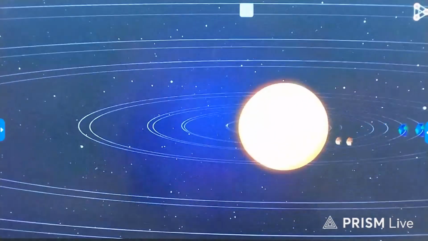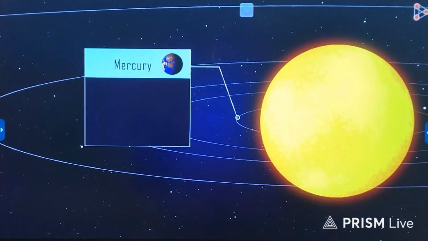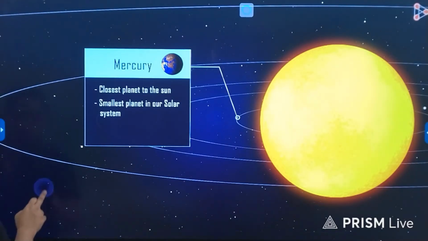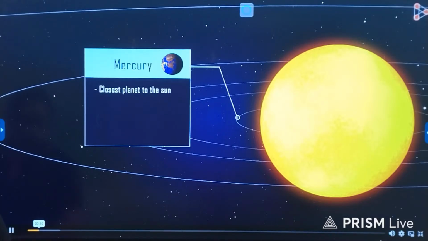What their properties are. The first one is Mercury. Now, this planet is the closest planet to the Sun and it is also the smallest planet in our solar system. Now, since it is the closest planet to the Sun,